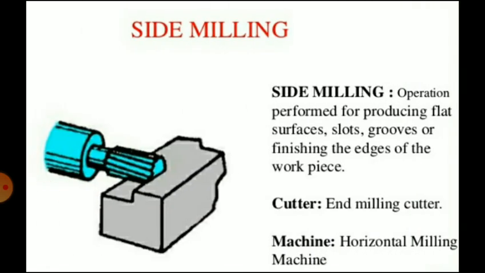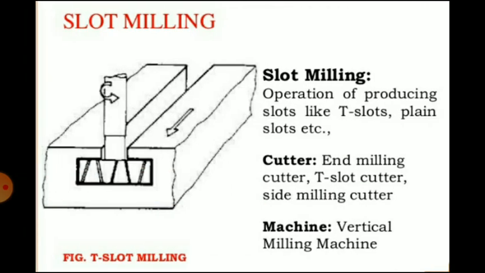Then the side milling. In this, a side milling cutter is used. These cutters have teeth around the periphery and also on one or both sides. Width of the cutter is from about 5 mm to 25 mm and diameter from 50 to 200 mm. These cutters are used for machining flat vertical surfaces of the workpiece. The cutter rotates about an axis perpendicular to the work surface. Depth of cut is adjusted by rotating the vertical feed screw, and then the work is fed perpendicular to the axis of rotation of the cutter.